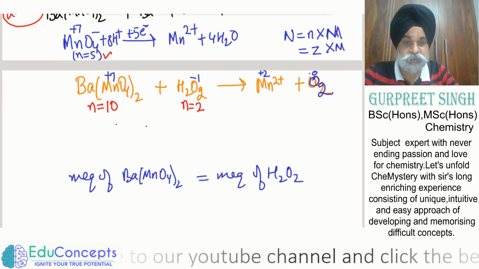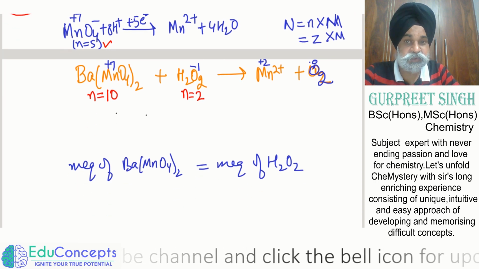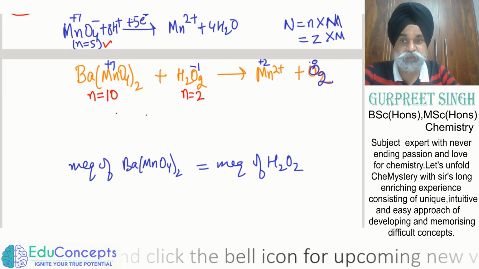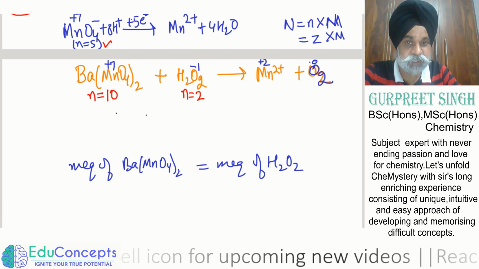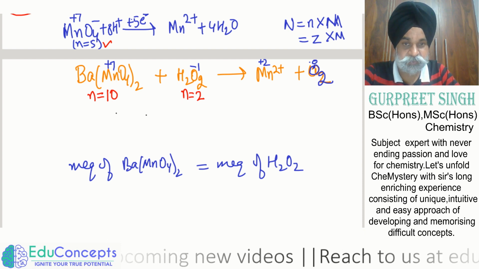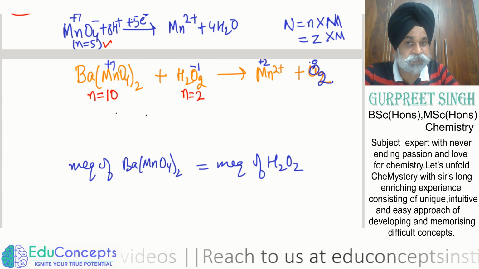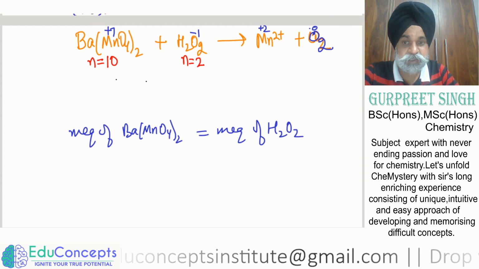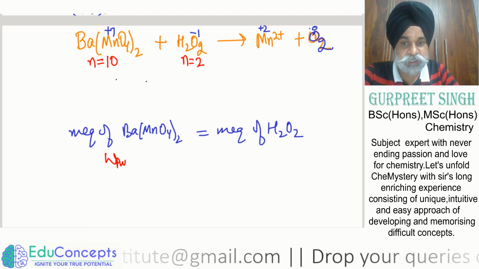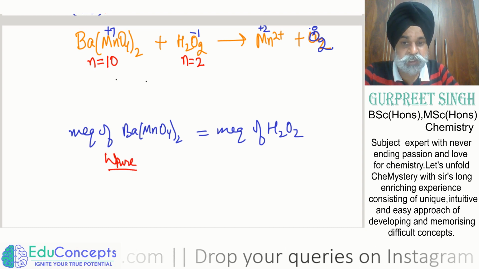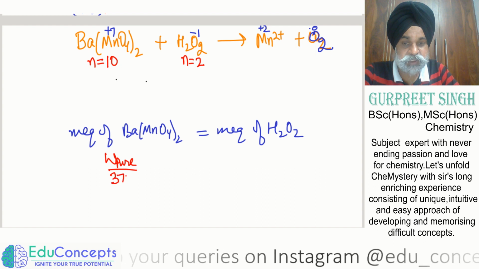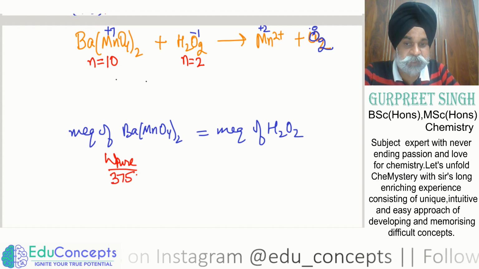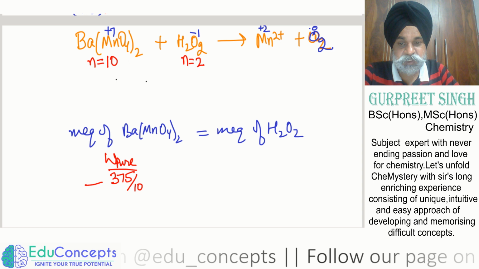ठीक है, तो मैं equivalent concept इसलिए करना चाह रहा हूँ, थोड़ा speedily हो जाएगा. Otherwise although मैंने balancing थोड़ी सी कर दी है, बाकी आप घर पे एक बार try कर सकते हो. And very soon I shall be posting a video on that part also. तो देखिए बेटा, अब हमें weight of pure निकालना था because it was impure, और इसका molar mass है 375 divided by 10. Now this would be its equivalent weight.